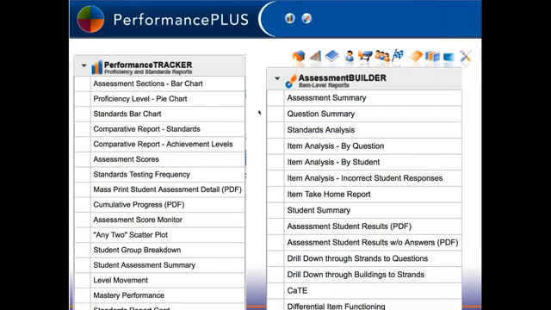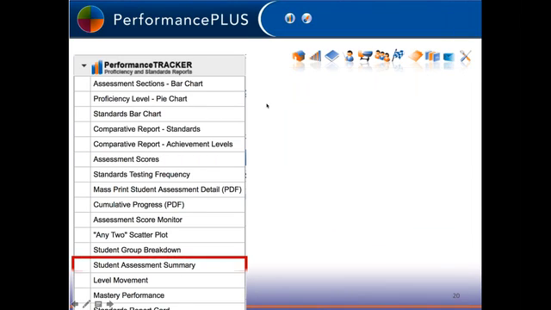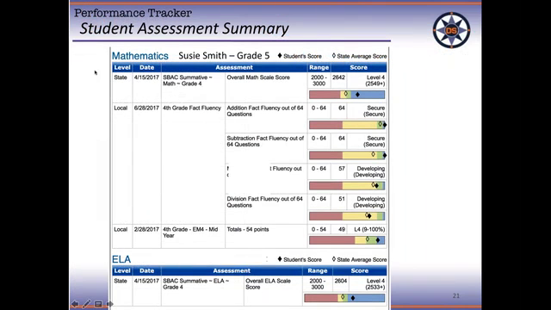The next report I'm going to show you, we're going to just look on the performance trackers. It's called the Student Assessment Summary. Now this is kind of handy. If you're the data person in your school, or if you are a special ed person and you want to just get a look at all your students, or if you want to look at just your class, you can look at the Student Assessment Summary. What that report does is it will print whatever grade you choose, whatever you can pick, a class or a whole grade.